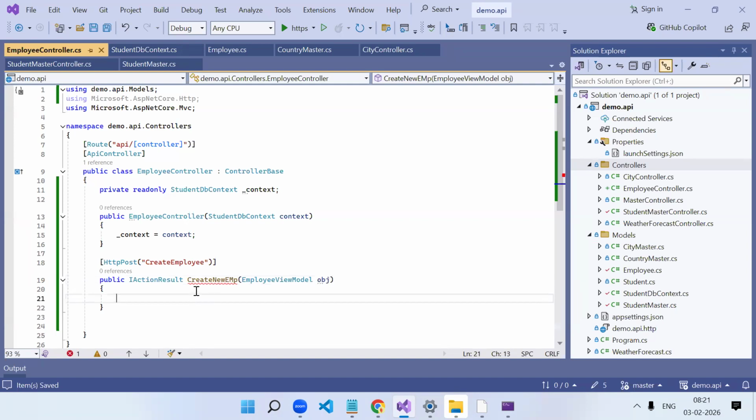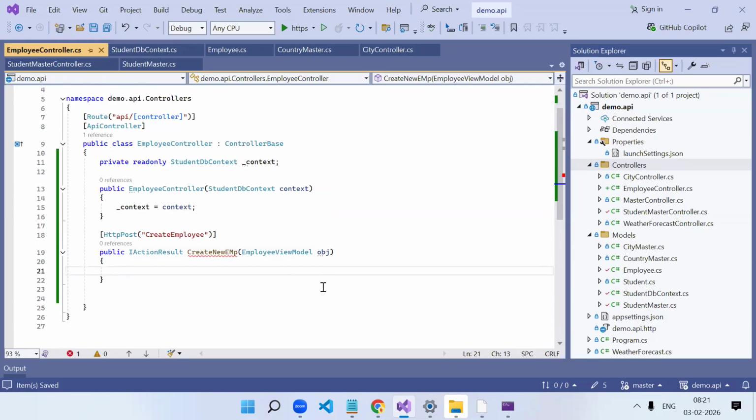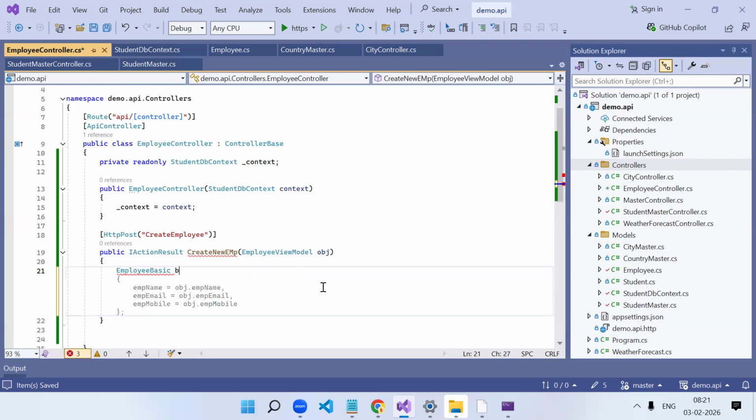But while saving the data, you have two different tables now. So now all the data you are getting in a single object. But while saving, you need to store the bank detail into the bank model and the basic detail into the basic model, right? So here you need to insert the data into two tables. From one single API, you will insert the data into two tables. So first you need to create the object of your basic model. Employee basic. This model is connected with your database, right? So basic